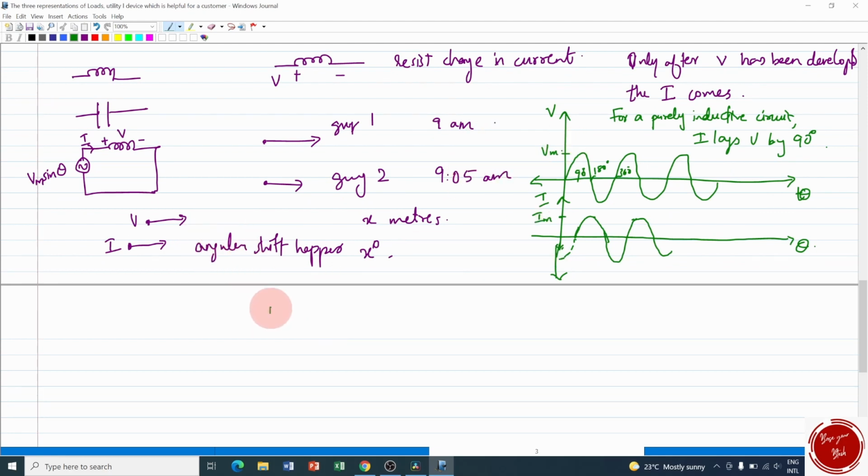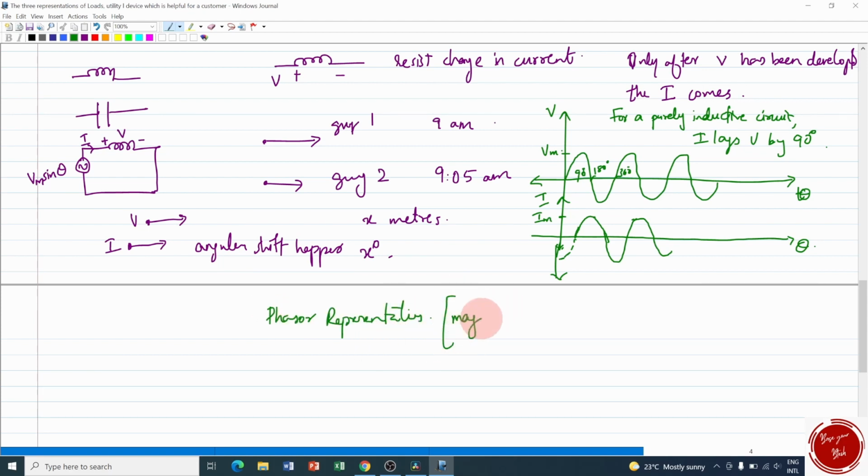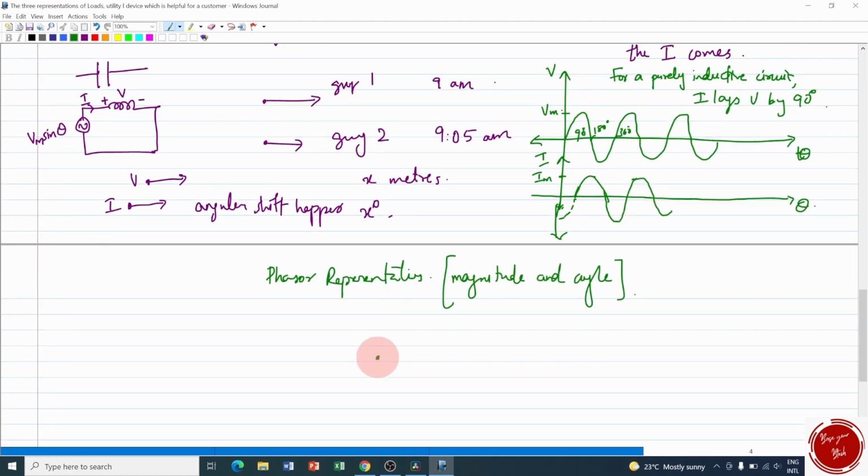I can even have a phasor representation. Here we focus on the magnitude and angle. That is, in a phasor diagram magnitude is marked along the y-axis and angle is marked along the x-axis, just like in an xy coordinate system. But in phasor representation, magnitude is measured by the length of the vector. For example, if this is 1 unit, then this vector, being double the previous one, will be 2 units. So the length of the vector represents its magnitude, and the rotation of this vector in the anti-clockwise direction tells about theta, or the angle.